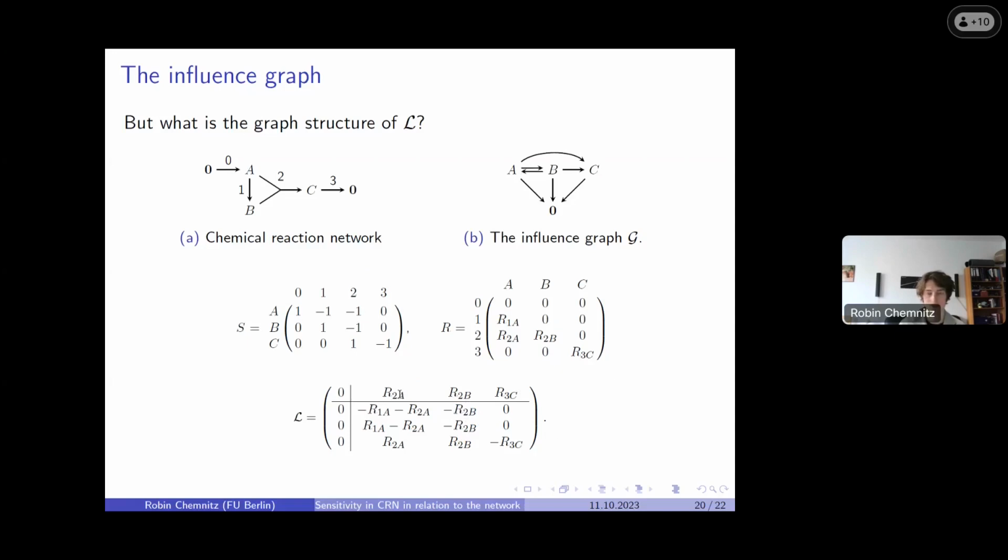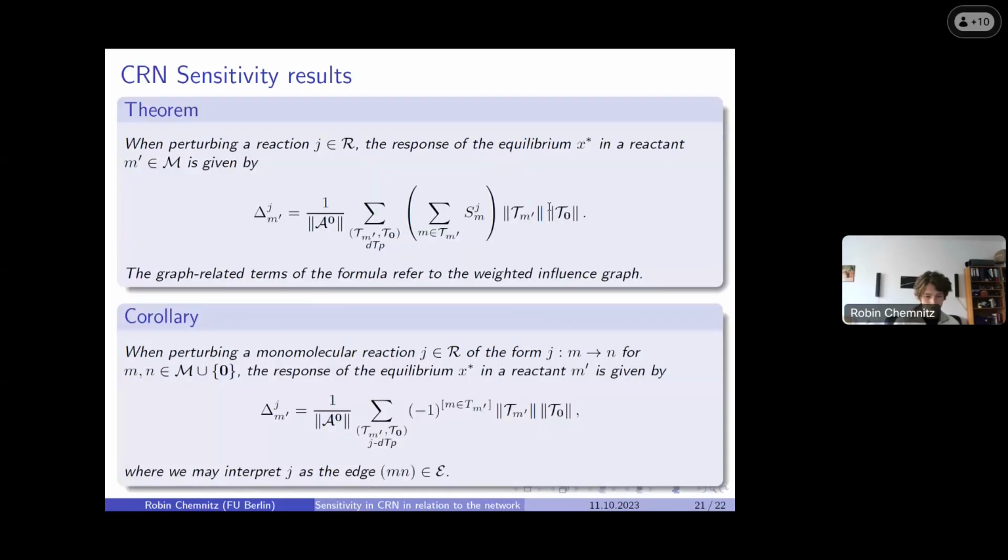Also, all the reactions that consume or increase a quantity will have edges to 0. Because in total we need to have a conserved quantity, and that is why we include the 0: basically the 0 is our bin where we can either draw mass from or give mass to. And then this is the final result. We can apply these formulas, and we get, as before,